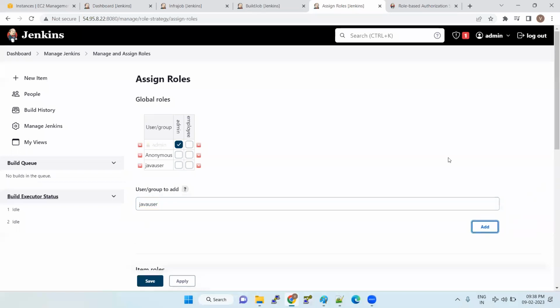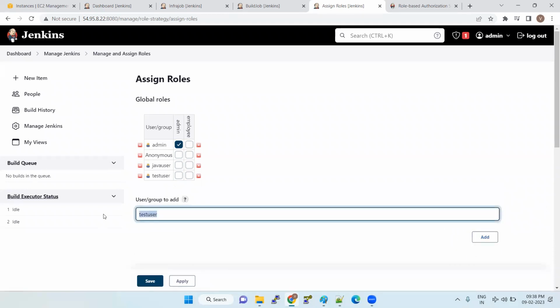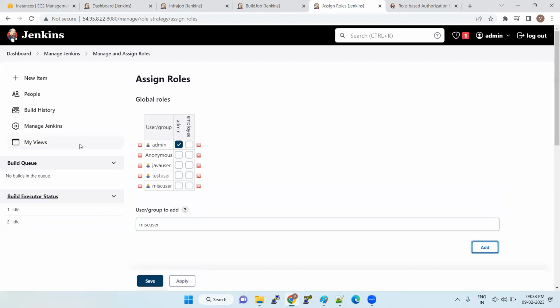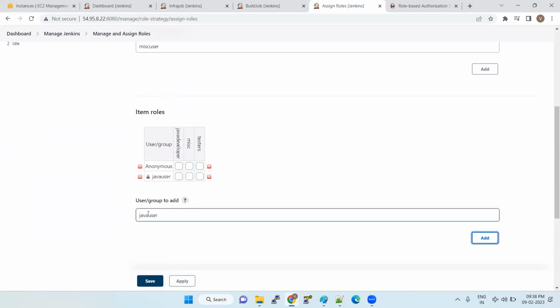Control C, add. Same thing, test user, add. Miscellaneous user, we can do the add. Okay, so now Java user, he wants admin privileges. No, we don't want to give that. We want to give the employee role to him. Same thing, item roles. We want to give it to Java user,